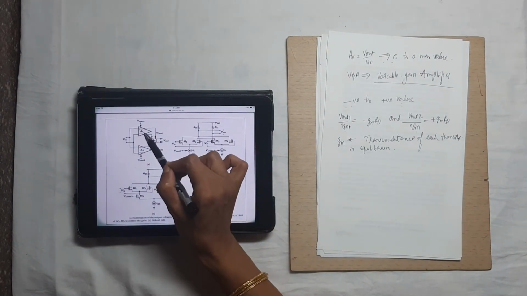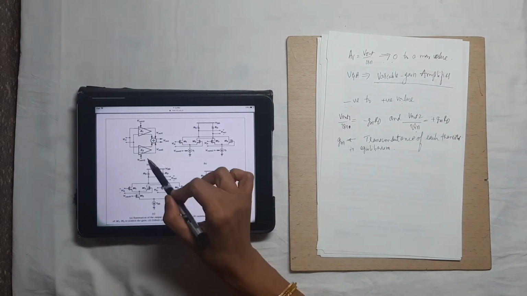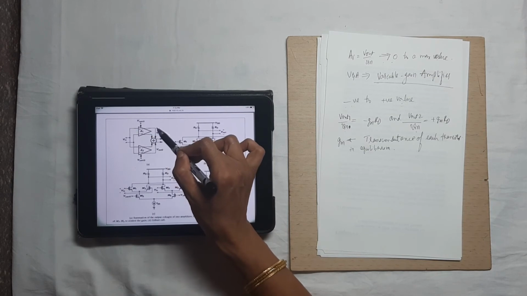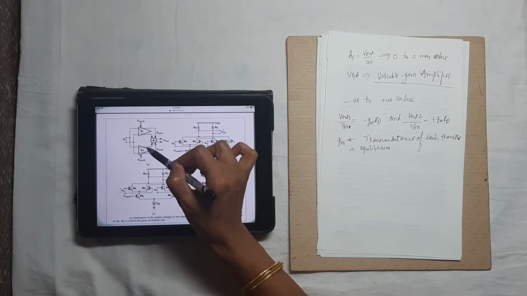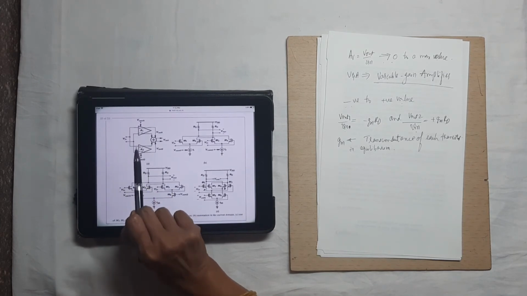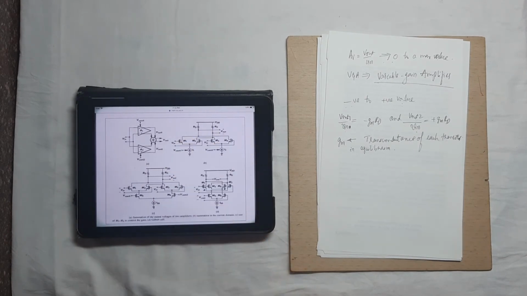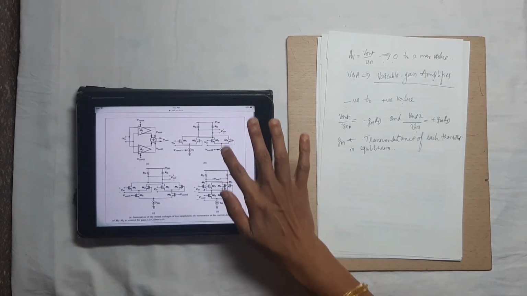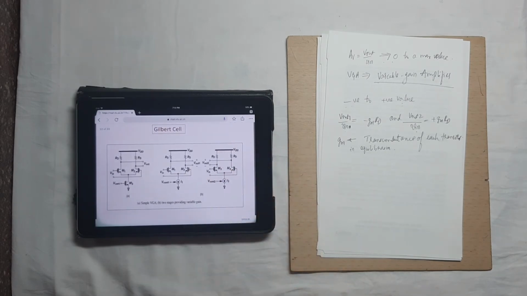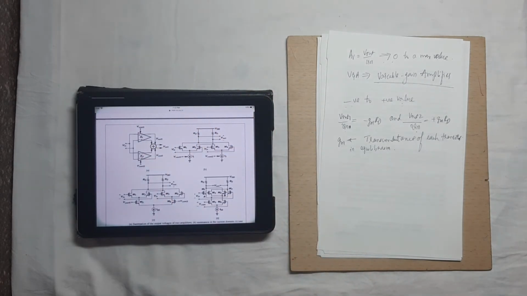This is the amplifier with gain A1 and this is the amplifier with gain A2. Vout1 is coming from this amplifier and Vout2 from this amplifier, and the input Vin is the voltage given to both A1 and A2. These two are combined together in this summer and we have a single output Vout, whereas in this particular circuit we had two output voltages, Vout1 and Vout2. Here these two are combined together and we have the single output voltage.